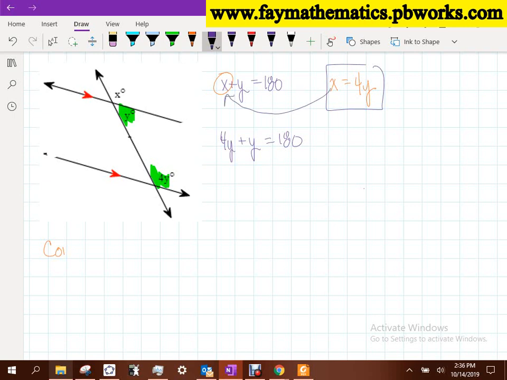Okay? But as you progress through the year, if there are equations and relationships that exist inside your problem that allow you to have an equation with one variable, you're going to want to utilize that, because that's always easier to solve than an equation with two variables. Okay? But either way, you're going to get 5y equals 180. So y then would be 36. Okay? So if y is 36,